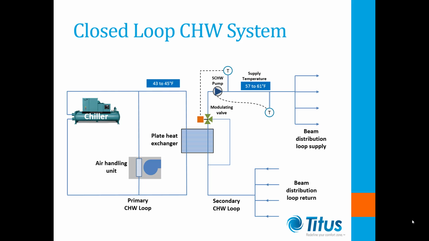The secondary loop temperature is controlled with a three-way modulating valve, which allows some return water from the chill beams to bypass the heat exchanger in order to maintain the required chill water temperature to the beams. This design also includes two temperature sensors. The first simply controls the three-way bypass valve,